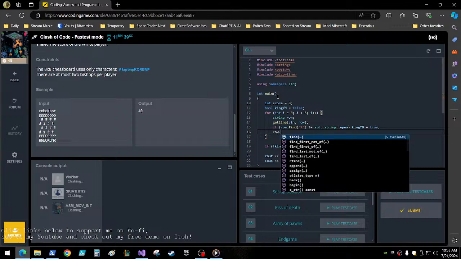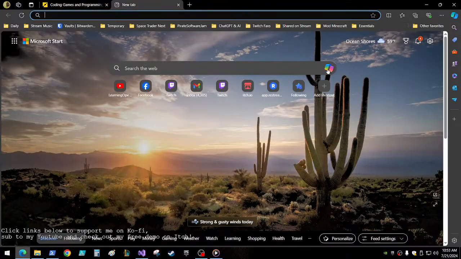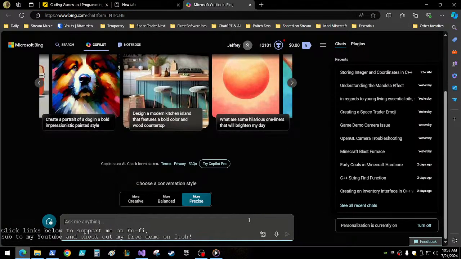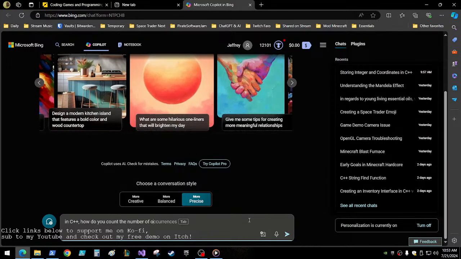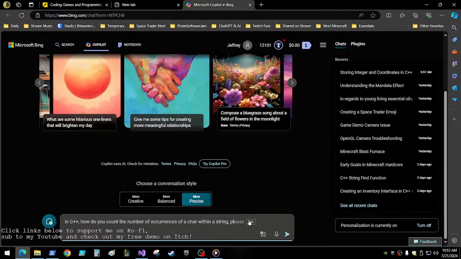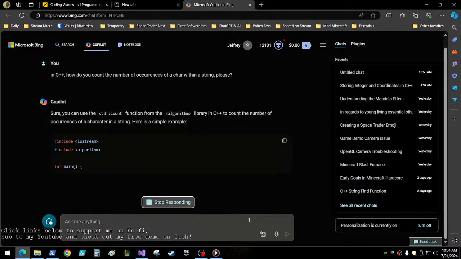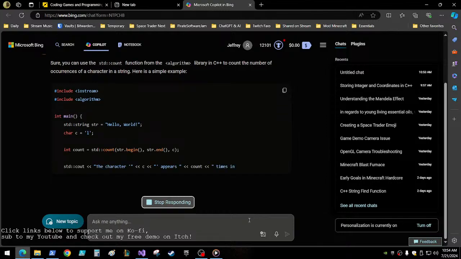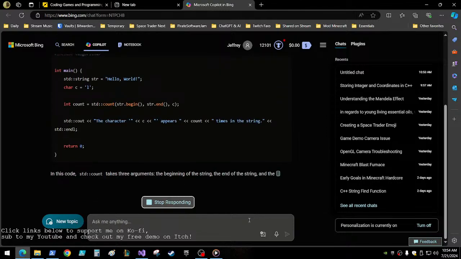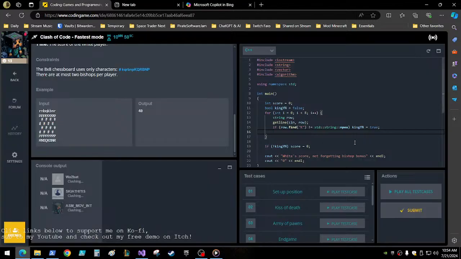Row dot count. I thought it was count. Sure, you can use the count function from algorithm to count the number of occurrences of the character in the string. Here's std count, begin and end iterators. Okay, so score plus equals